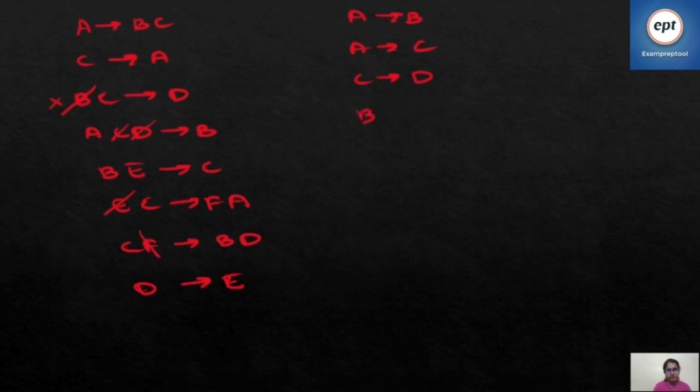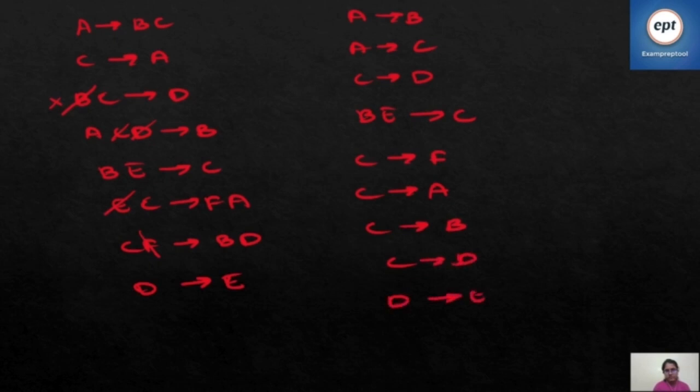Okay, now BE is deriving C. C is deriving F and C is deriving A. C is deriving B, and C is deriving D, and D is deriving E. Okay, D is deriving E. So now what we can see is that here C deriving B is already covered. How? Like if you can see